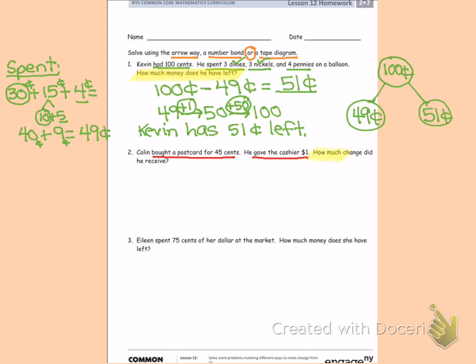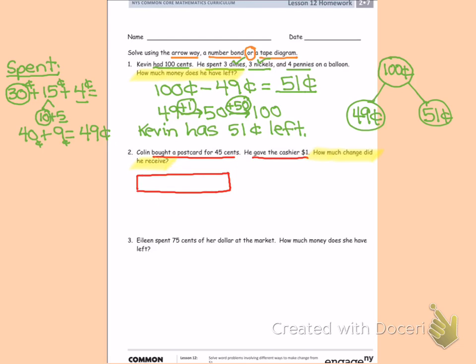The question is, how much change did he receive? I could go ahead and use a tape diagram to solve this. I will show you the amount that Colin gave the cashier. This whole amount here,